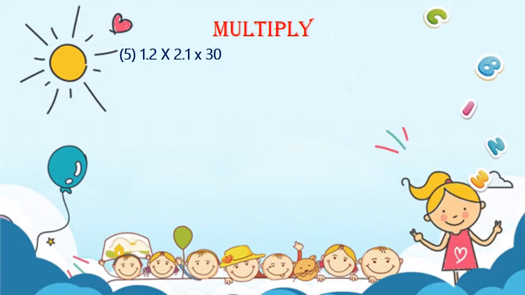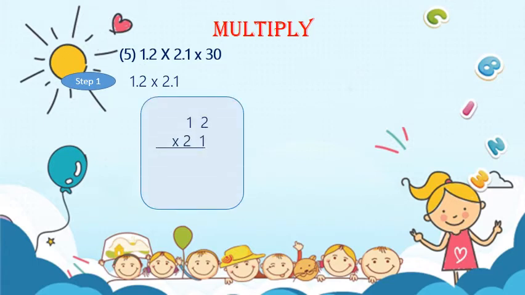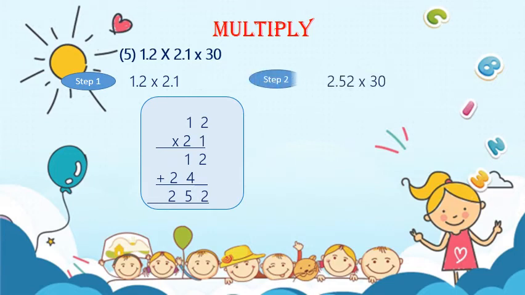So we will multiply 21 by 12, right, in step 1. So what do we get? 12 multiplied by 21. So first we will multiply 12 by 1. We get 12. In the next step, from the tens place, we will start the multiplication and 12 multiplied by 2, we get 24. Now we will add the two products. We get 252. Now, in the next step, see 252, since the two decimal fractions have one decimal place each, so 1 plus 1 is equal to 2. So in the product we will have two decimal places, so our product will be 2.52.